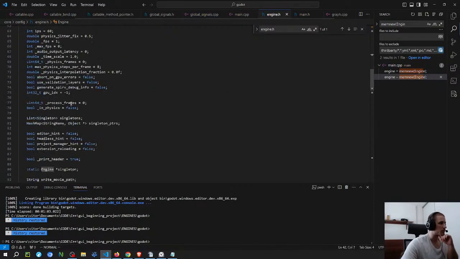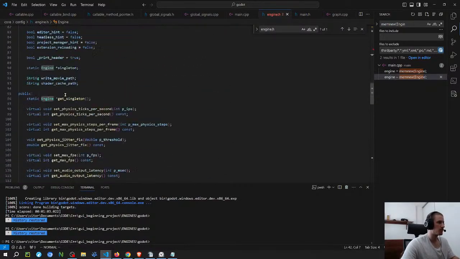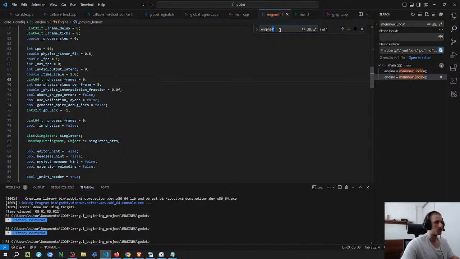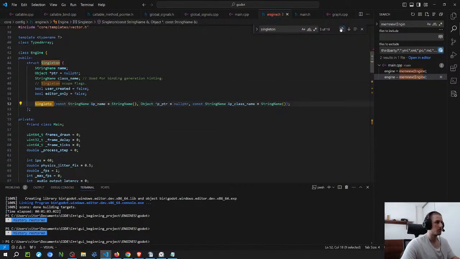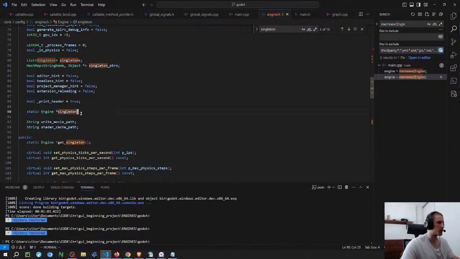So let me look into this constructor here. I was gonna look into the singleton. So this is the thing, they use this struct here. I'm pretty sure I think they also use the variable. Yeah, so here. So it's pretty much the same.